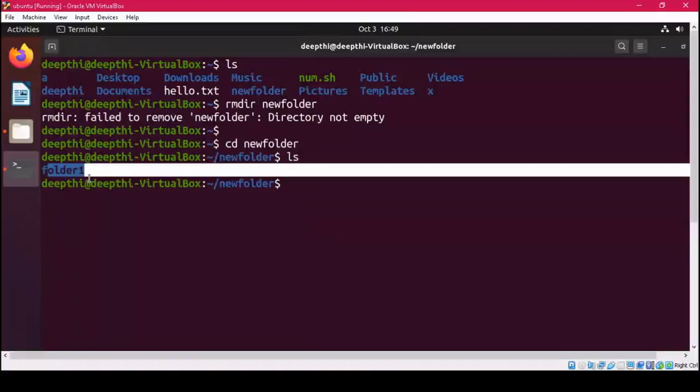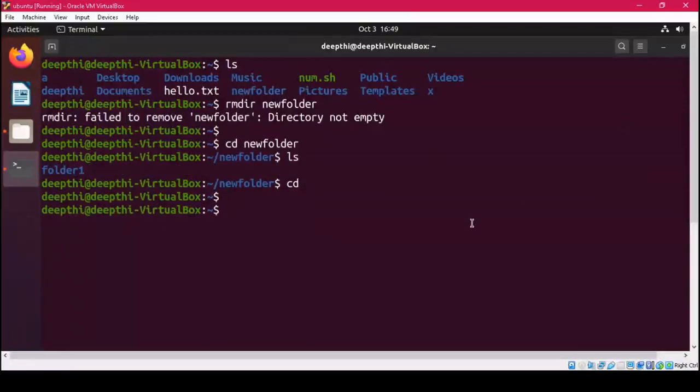Now we will learn a way to delete a directory when there are some directories available inside it. So now come back to the home directory. If I write rmdir new folder, and in new folder is located folder 1, let's see whether it can be deleted or not.